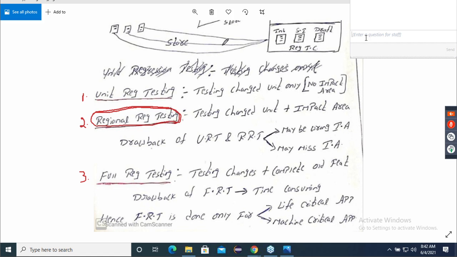Done. So is this topic clear for everyone now? Types of regression testing, the simple one and definition, and what we do, everything is clear? Yes? Okay. Now let's go to the next important topic under regression testing, guys. If you remember, what are the challenges of regression testing? Tell me. What are the main challenges we discussed?